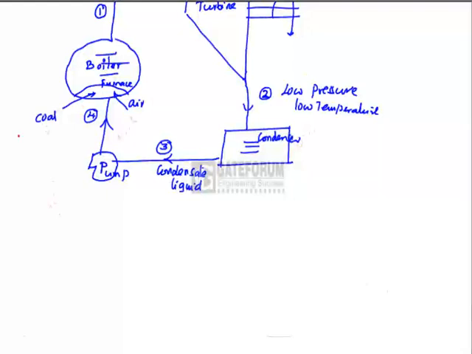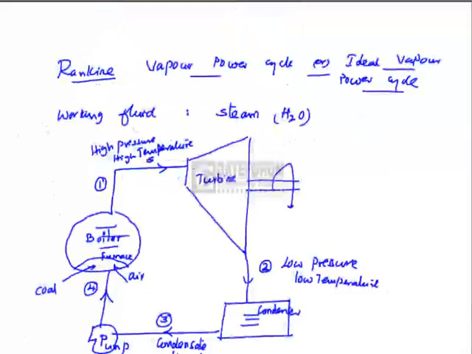These flue gases flow through the boiler drum, where they transfer their heat to the feed water circulating through the boiler tubes. Due to this heat transfer, the feed water changes its phase into steam and also becomes superheated. So there is high pressure, high temperature, superheated steam